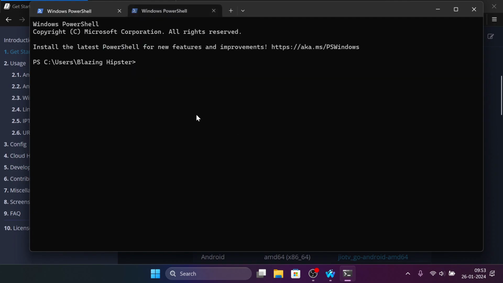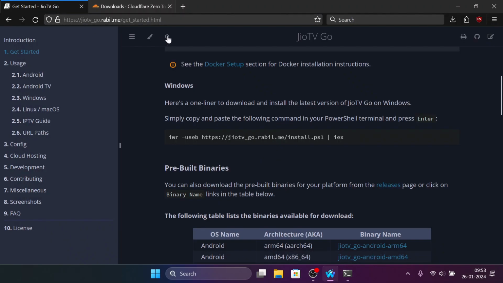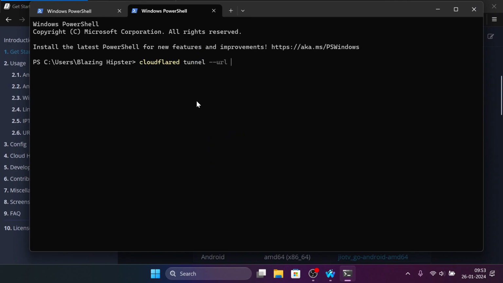To do that, simply open a new terminal, type cloudflared tunnel --url, and here whatever URL you saw in the browser right now, it was 127.0.0.1. The port I chose was 8002, and simply press enter.